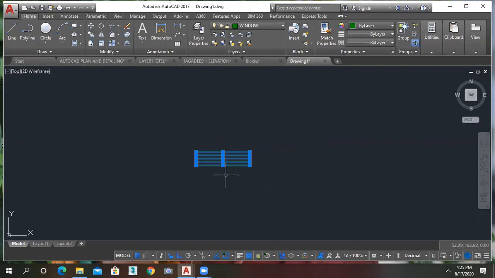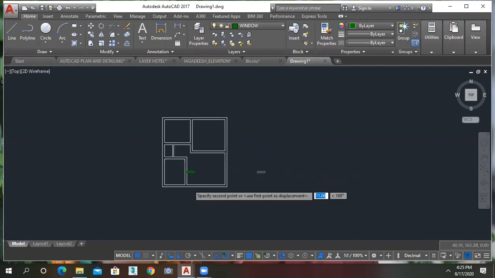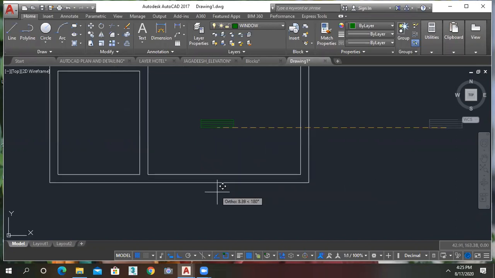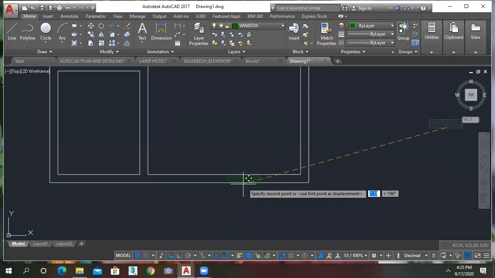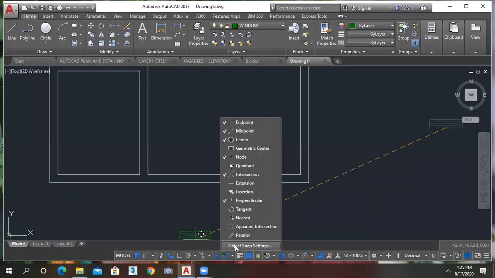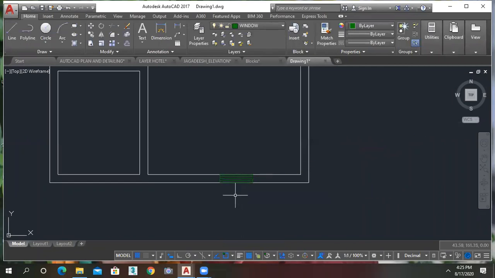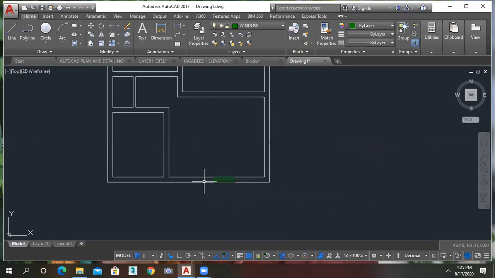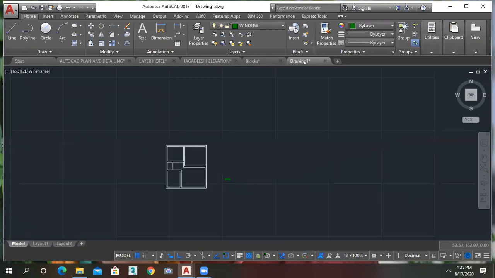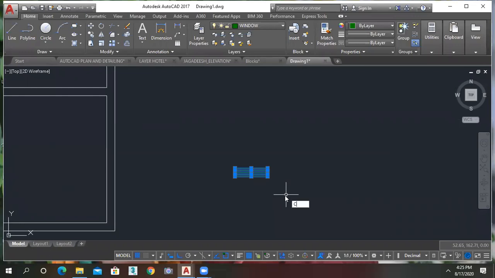And just move here. Enter. By clicking on the center point, you just pick wherever you want it. I will just turn off the F8 down here. I will go to F3 and click all the points for better convenience. Before that, you just copy that window to keep it multiple times. CO. You just take it as a reference. Like this.